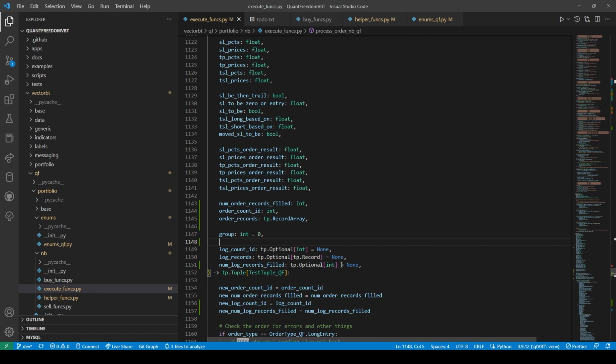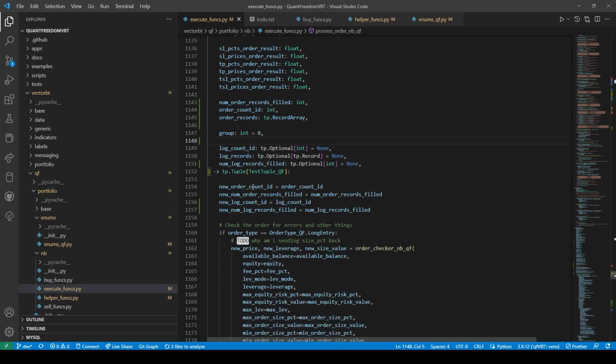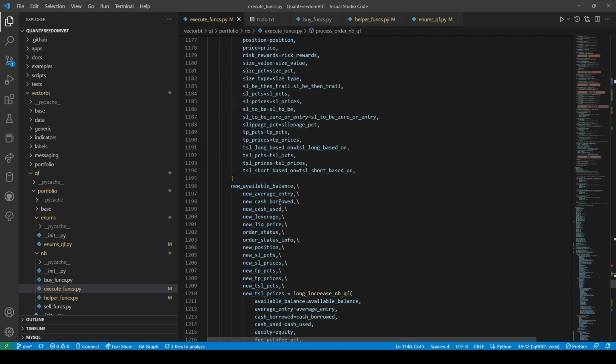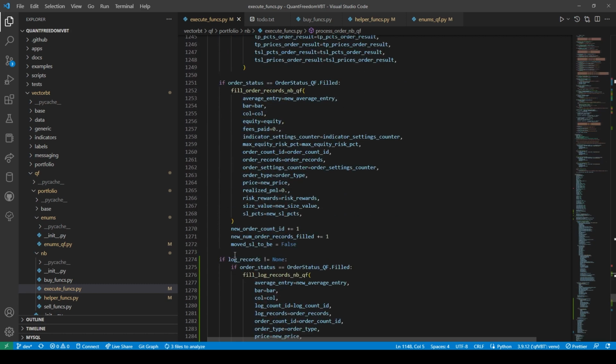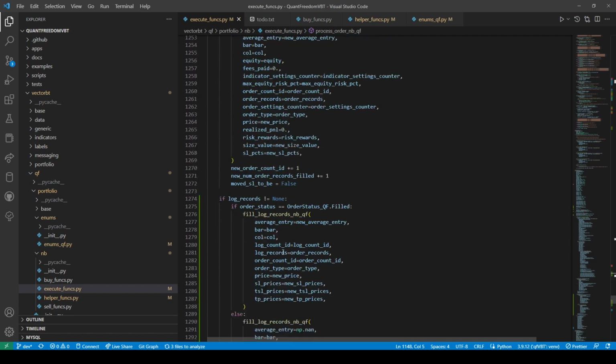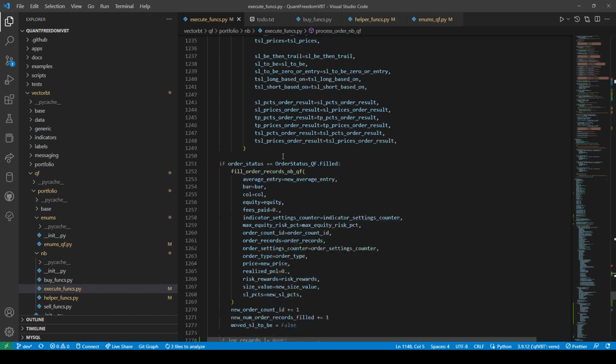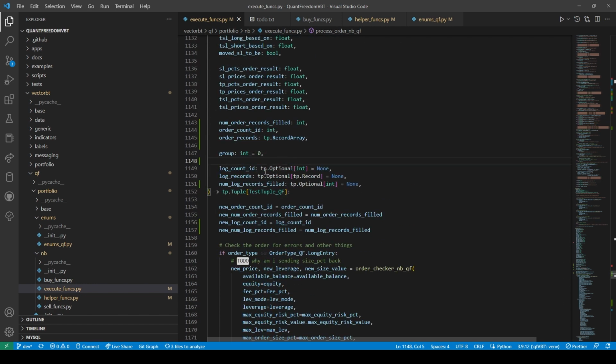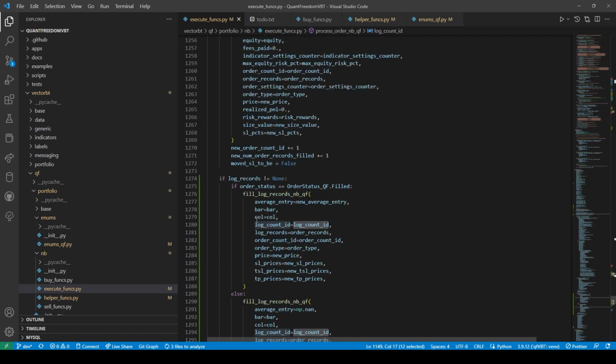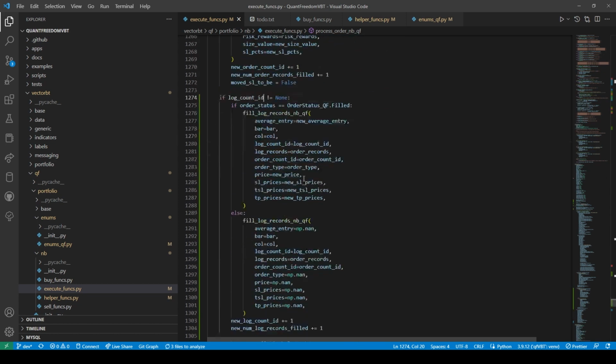So we've got this. And this might be a problem. Well, it says none. So if log records does not equal none. Wait a minute, that might be a problem. If log count ID, because that's an int. I don't want there to be some type of array problem. So here,